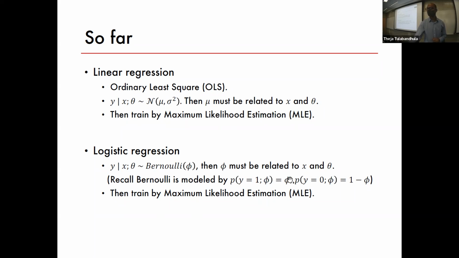Okay? So for a Bernoulli, the probability of y equal to 1 given the parameter phi is exactly equal to phi. If a coin has a bias of 0.4, and heads corresponds to the random variable value 1, then the probability of y taking value 1 is just the bias, which is 0.4, and the probability of the random variable taking 0, which is tails, is 1 minus that. So logistic regression corresponds to this interpretation, where y given x, theta is Bernoulli, very similar to linear regression, where y given x, theta is normally distributed.